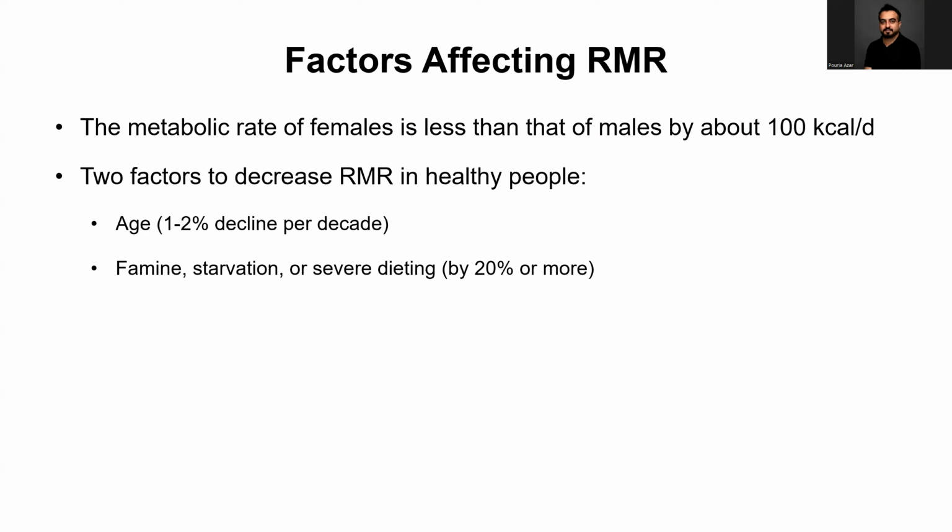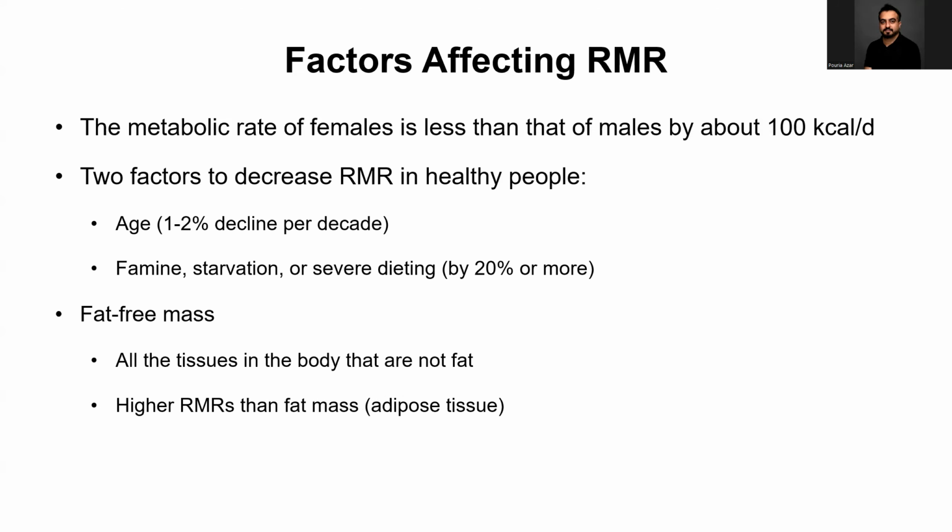And also we have the starvation or famine or severe dieting. It's by 20% or more. So by doing some self-restriction, or like in starvation or during the famine time, there is a 20% or more decrease in resting metabolic rate. And regarding the fat-free mass,